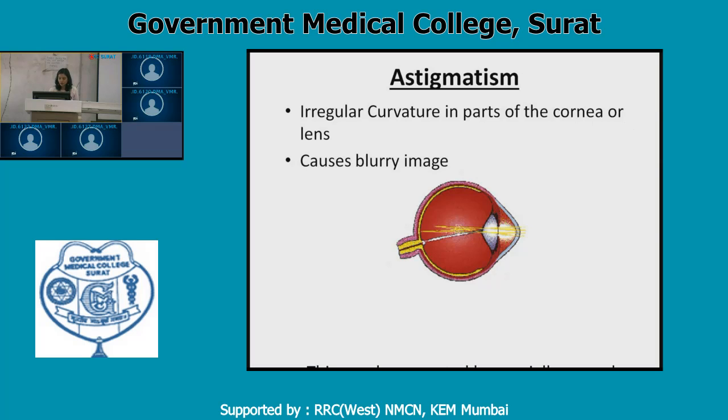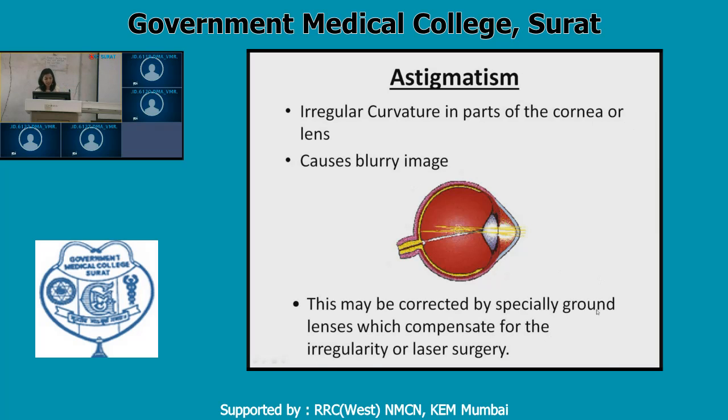This may be corrected by using a specially ground cylindrical lens. So we have to give cylindrical lenses of different powers in different axes. Here not only the power but the axis is also important to diagnose. If we are seeing that in one particular plane there is less dioptric power or less convergence, we can use a converging lens in that plane. So we should know the axis as well as the power of that eye, and then we use the cylindrical lenses in different planes.